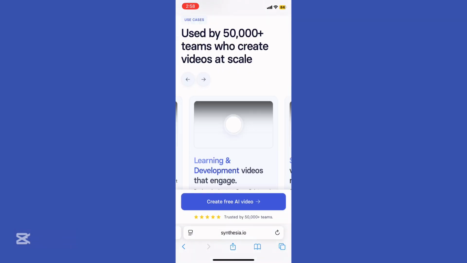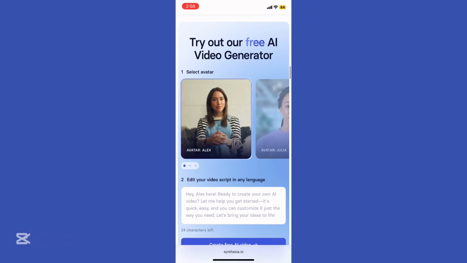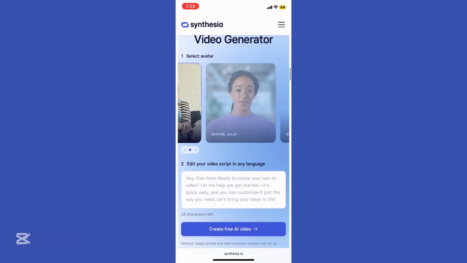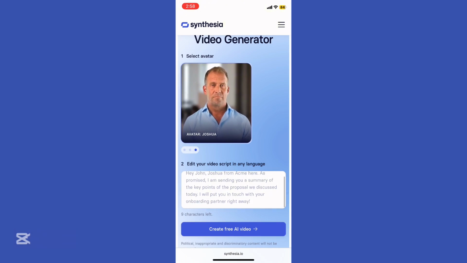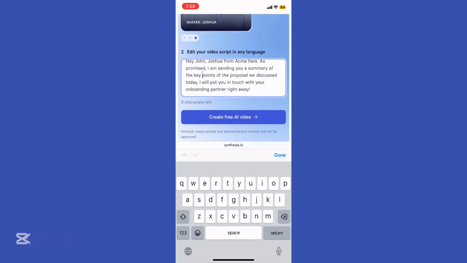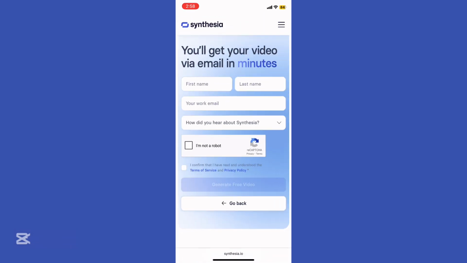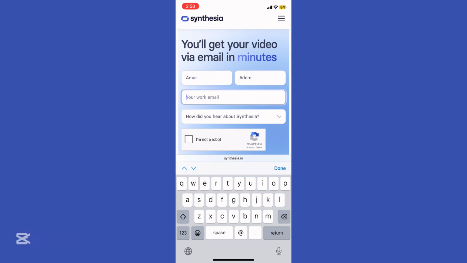So I'm gonna click create AI video right here and select the avatar: Alex, Julia, or Joshua. Right? This is the script written already. So now what I'm gonna do, I'm gonna just go ahead and click create video, and of course add your credentials. Right, add right here your email,